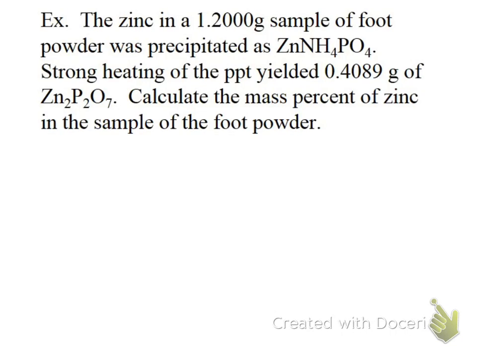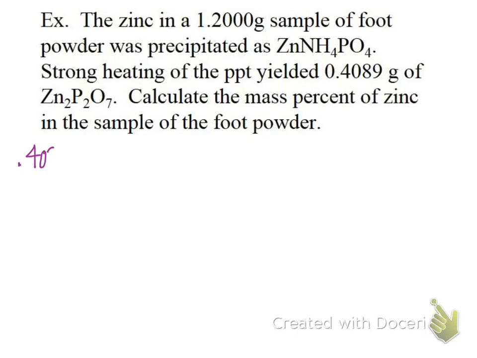So the zinc in 1.20 grams of a sample of foot powder is this particular formula. Strong heating of the precipitate yields this many grams. Calculate the mass percent of zinc in the sample. So we're going to start with